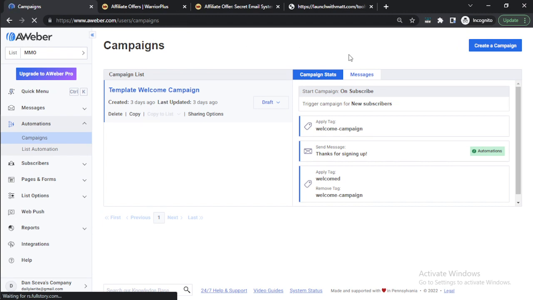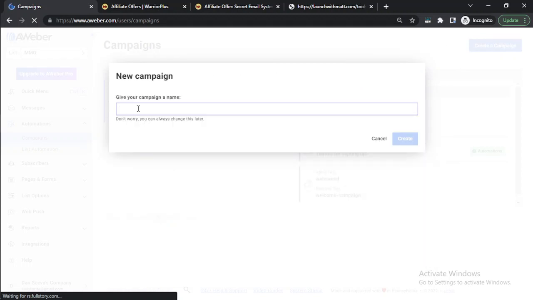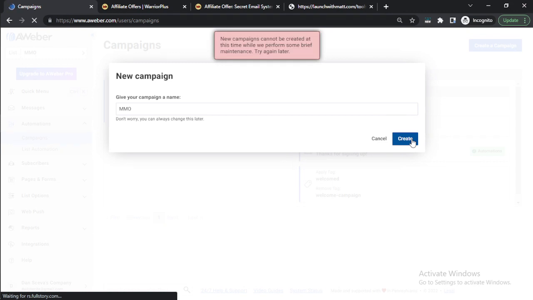So what we are going to do is create a new campaign. As you can see, it's just an example to show you. We are going to start with a blank, so you can name your own campaign. Let's just name ours MMO, since this is what we've been doing. Let's create